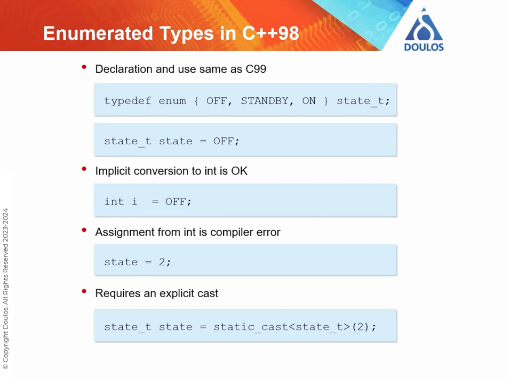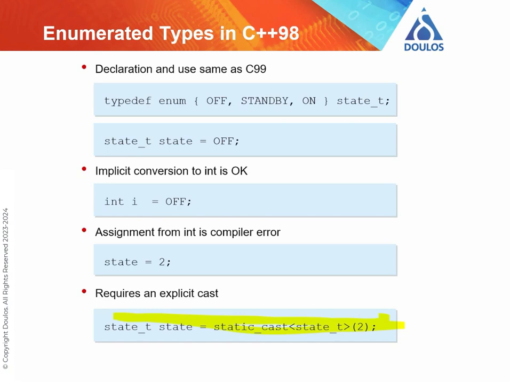The compiler will check in C++ if you try making an assignment the other way. So if we go from an integer value and try to assign that to an enum, then the compiler will flag that up as an error in C++. We can overcome that with an explicit cast, and again that's fairly safe because if we're using static_cast, we can check that the cast is legitimate by searching through the code and looking for all the static casts. But modern C++